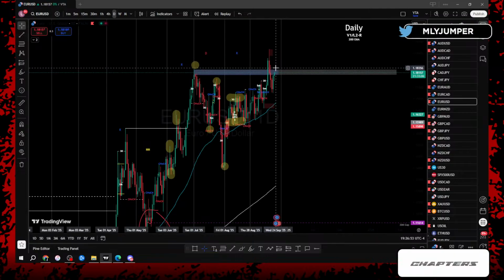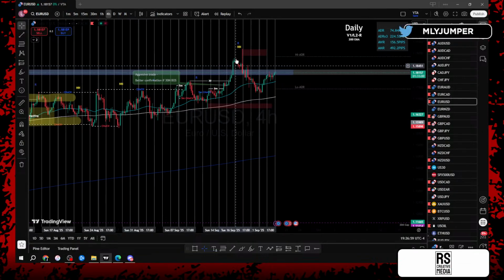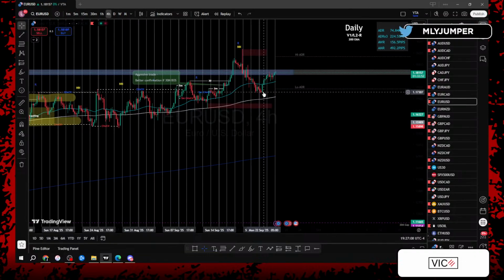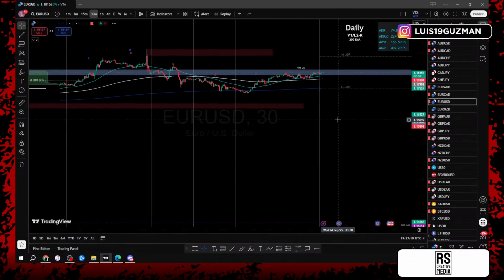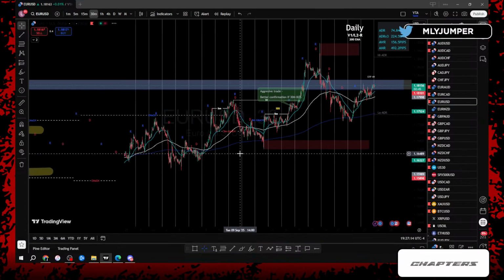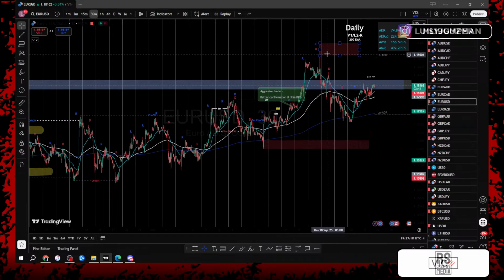No valid breaks of the daily high, just gave us an inducement candle. On the 4-hour time frame, again, no valid break of the 4-hour high, it was just an inducement candle. No other candle closed above the wick. They all closed below it, pushed right back down to the bottom. And on the 30-minute time frame, price gave us a change of character, higher high, higher low, break of structure, higher high. But again,